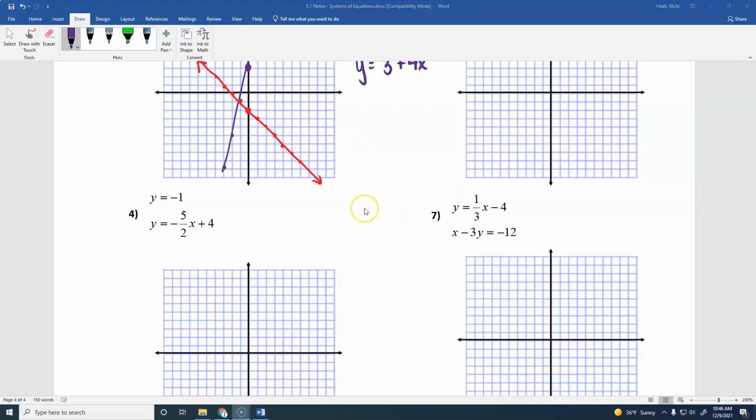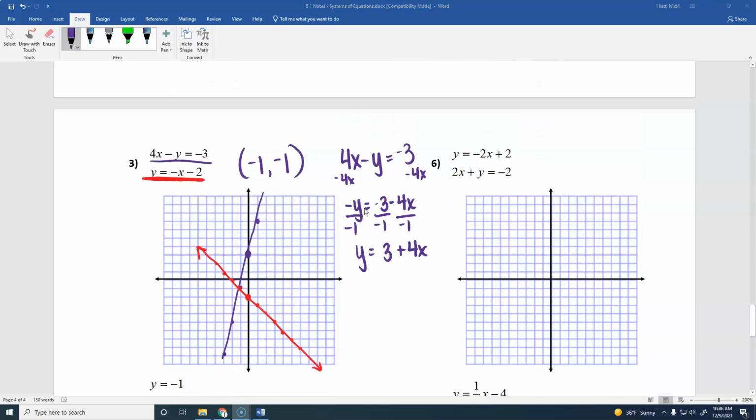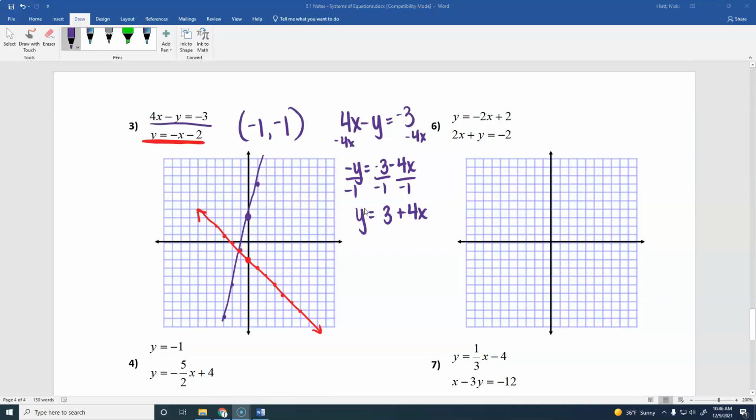That you don't get an answer at all. One of them happens on number 6. Okay. So if you move the 2x over here, you got y equals -2 minus 2x. So if we graph that first one, we got +2 and then a slope of -2. And so we get this line